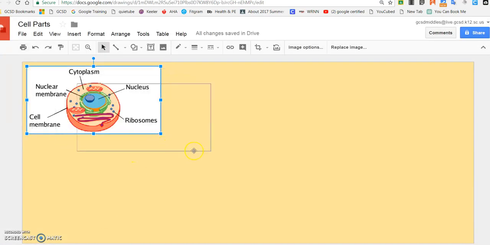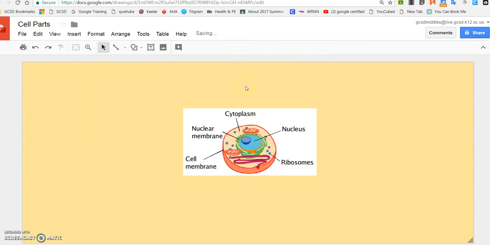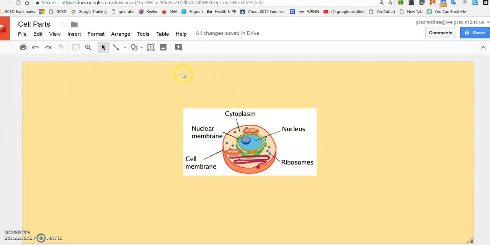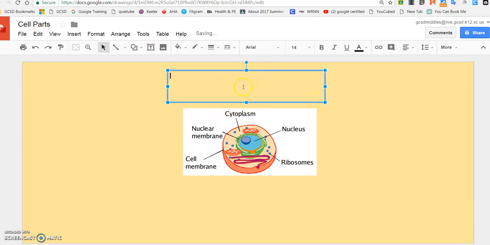I can click here and drag it around, put it wherever I want to. I think for this particular drawing, even though it's labeled here, I might want it on here. So I'm going to now insert a text box. You can also do it by just clicking here. Then you've got the plus sign, and you just left click and drag across, and now I can come in here and label this